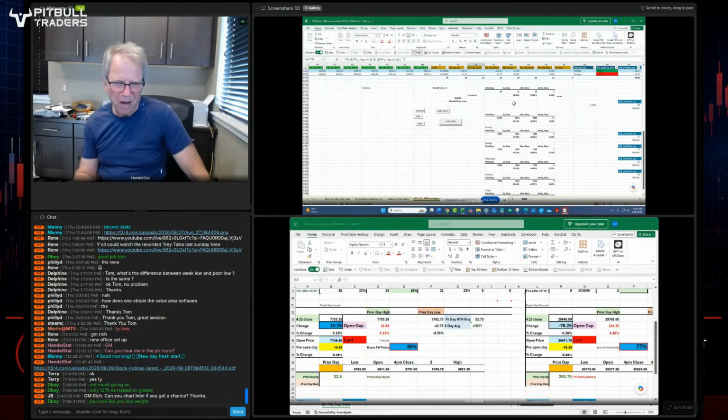Remember, September is the worst month of the year, though. Statistically, it's been down. It's the only month that's been down more times than it's been up in 46 years. Every other month has been up more than it's been down. They've all had down months, but September's had more down months than up months, and it's the only month of the year like that. This year could be different, but Monday is a 50-50 day.